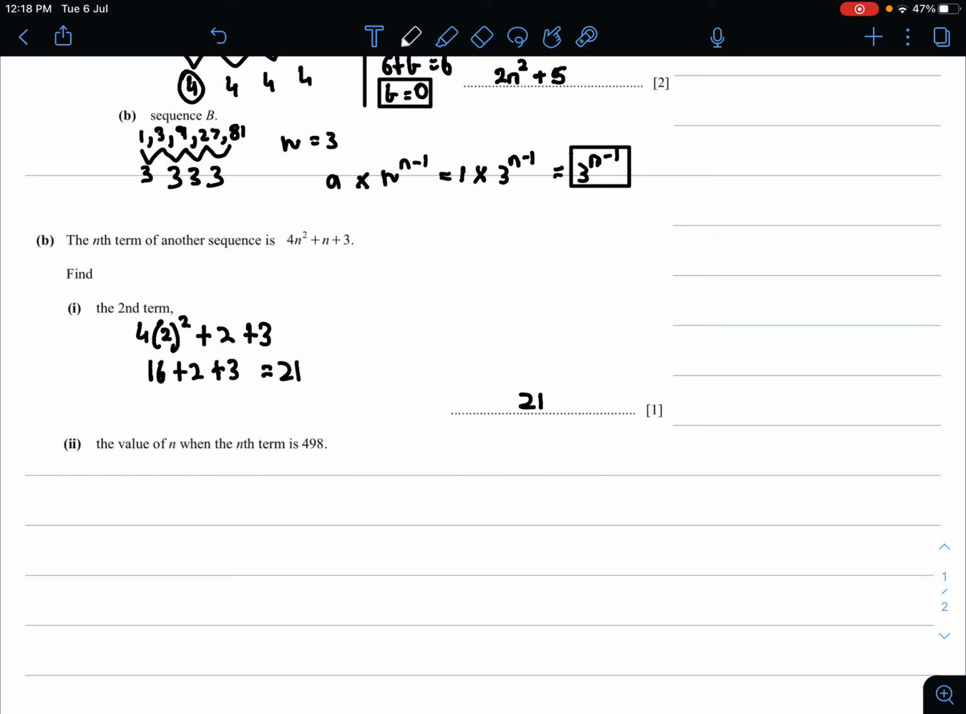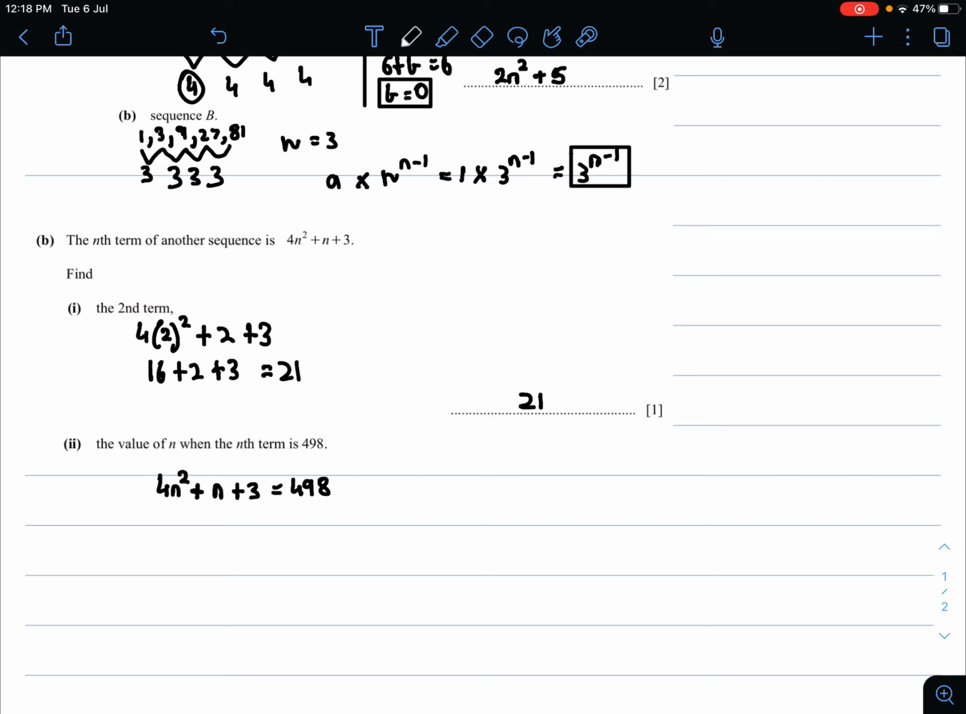When they are asking you the value of n when the nth term is 498, basically in this case what we have to do is they are giving us the term and we need to find which term it is. So we need to equate 498 to the nth term. So 4n square plus n plus 3 is equal to 498,